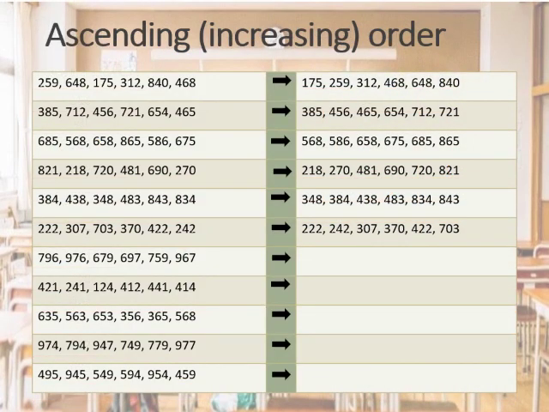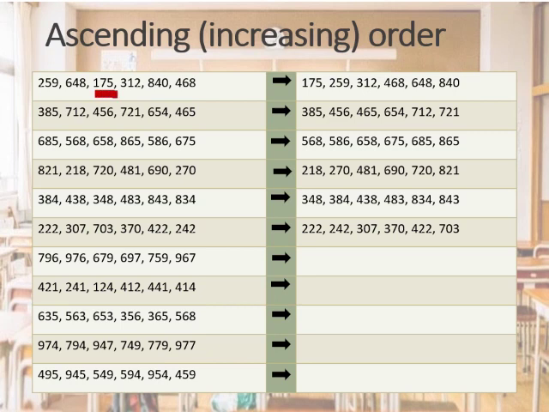Now, coming to ascending order. As we know, ascending order means to arrange the numbers from smallest to greatest. We have already learned the tricks to compare the numbers. So first find the smallest number from the given series. Here in the first question, the series of numbers are 259, 648, 175, 312, 840, 468. Now, first we will find the smallest number. Which one is the smallest number? Yes, it is